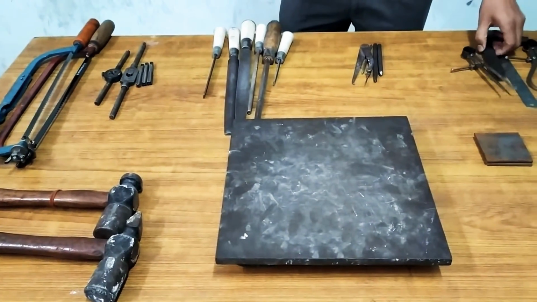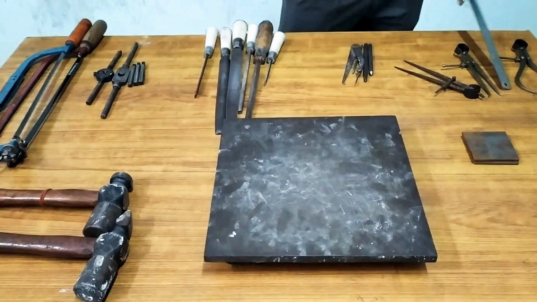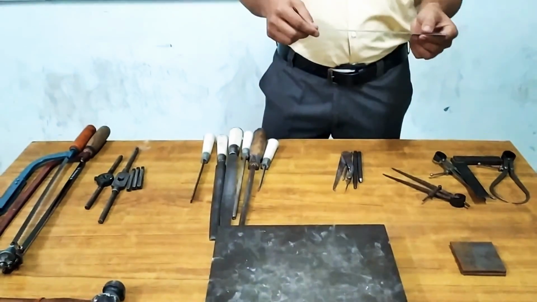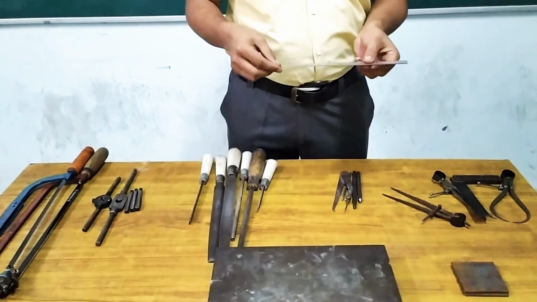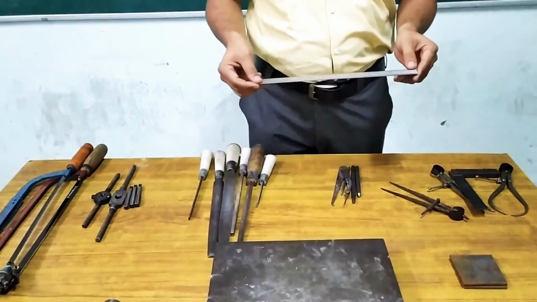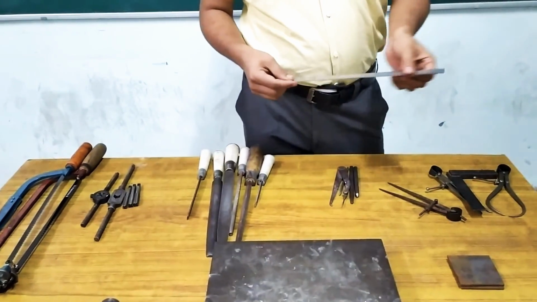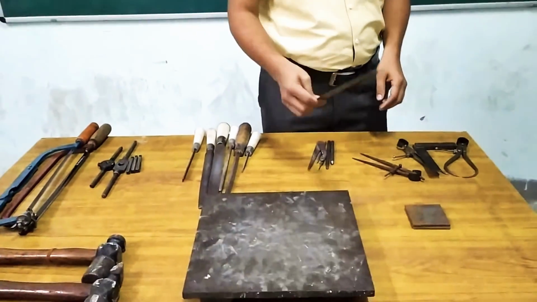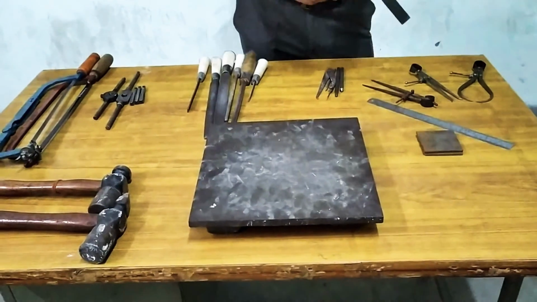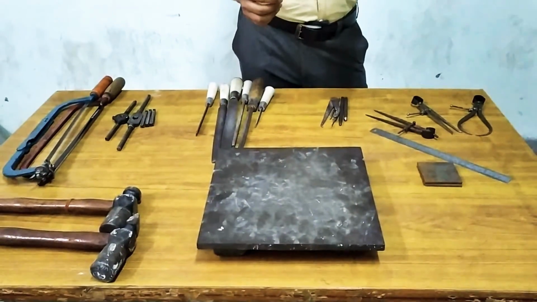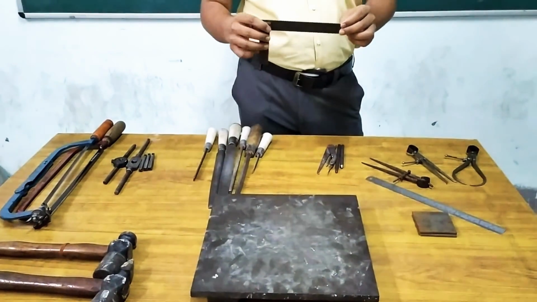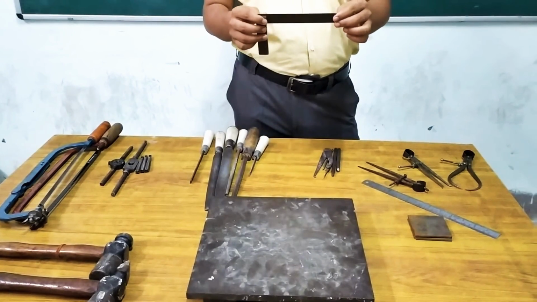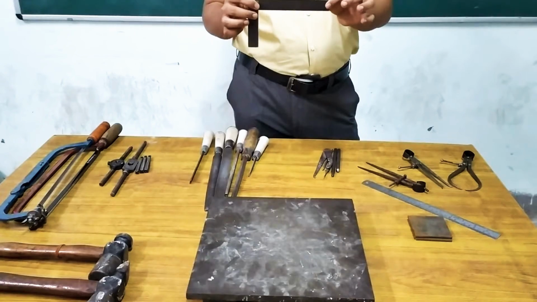These tools are known as measuring tools. These tools are meant for the measurement purpose in this particular shop. So first of all, this is your steel rule, simply to measure the linear length of workpieces. This is tri-square. This tool is used to measure the flatness of the surface or the cornerness of the surface, whether the corner is truly perpendicular or not.